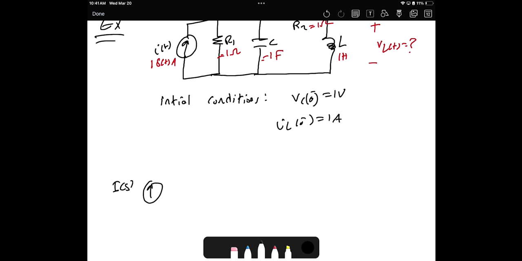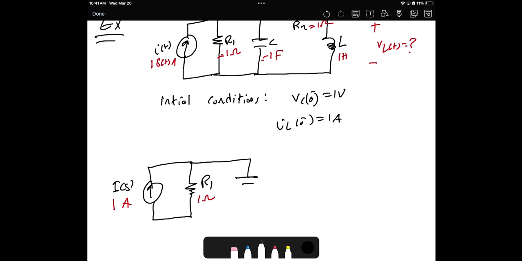It is the number itself, which is 1, right? It's 1. Then the resistor will remain as is, right? No change in the resistor. So this is 1 ohm, that 1 ohm. What else? The capacitor,